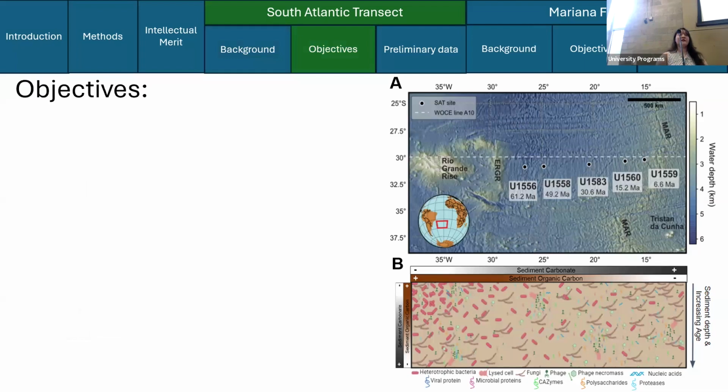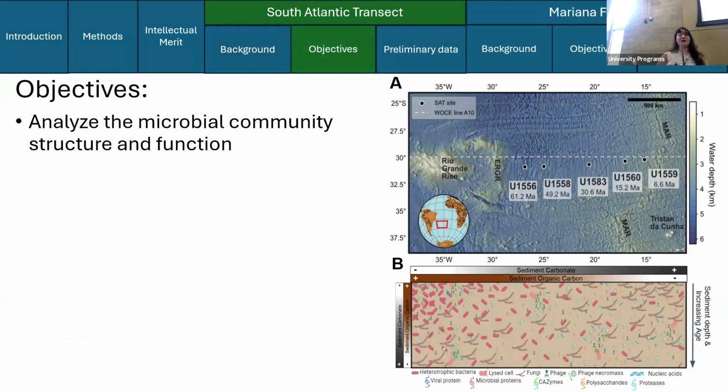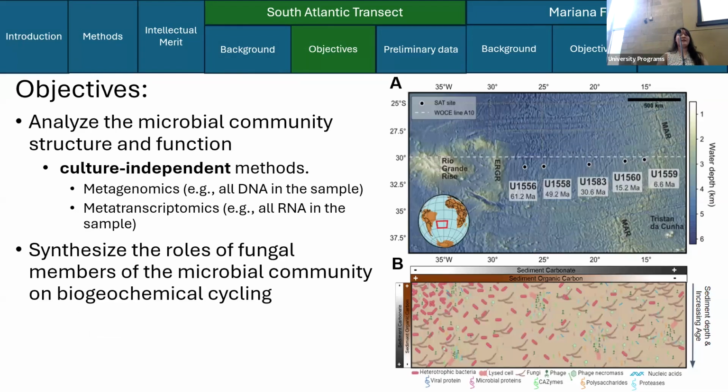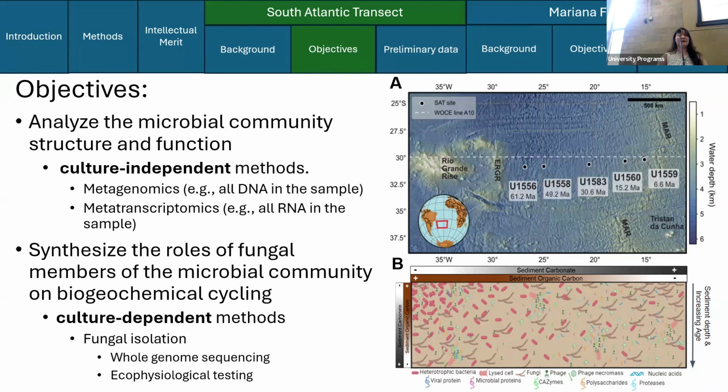My objectives of these two chapters: first is going to be to analyze the microbial community structure and function, again, using culture-independent methods, which include metagenomics, which again is all of the DNA in a sample, and then metatranscriptomics, which is all of the RNA in a sample. And then the second chapter will be to synthesize the roles of the fungal members of the microbial community on biogeochemical cycling. And that's going to be through culture-dependent methods, looking at fungal isolation, whole genome sequencing, and ecophysiological